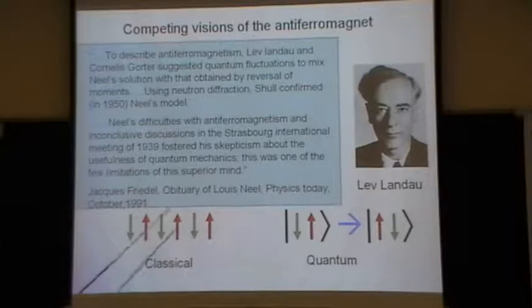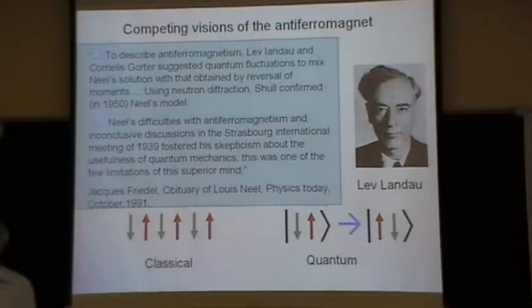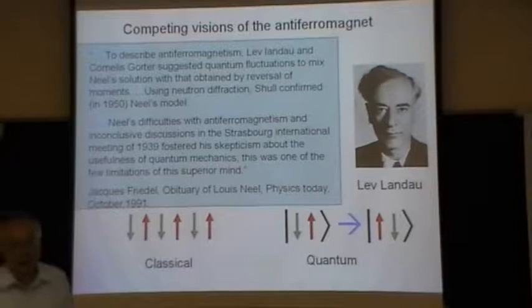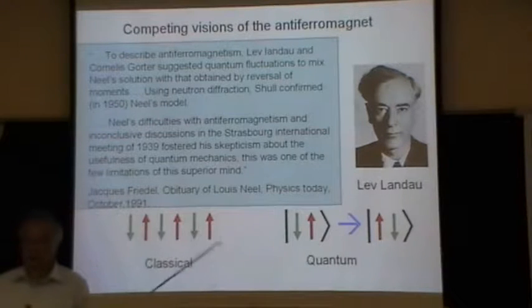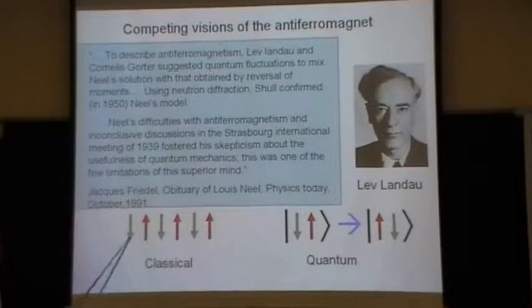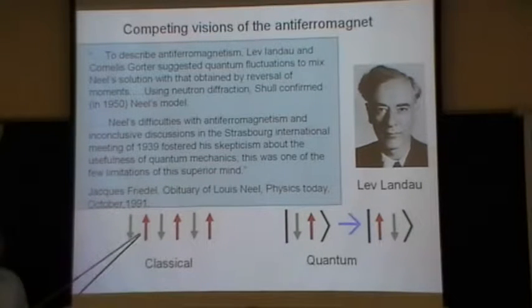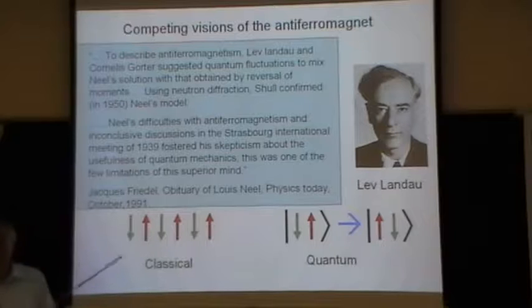And so, in today's language, I think the doubt can be cast in the following way. See, Néel's picture is essentially a classic one. Up, down, up, down, up, down. Unlike a ferromagnet: in the case of a ferromagnet, if all the spins are up, then you can show that that is an exact ground state of the Heisenberg Hamiltonian. But if you have an anti-ferromagnet, if you take the state, if you hit this with the Heisenberg Hamiltonian,